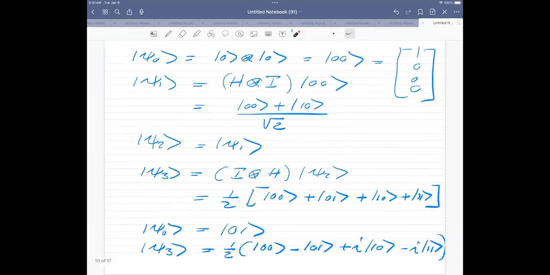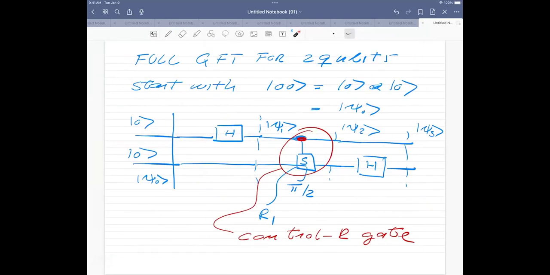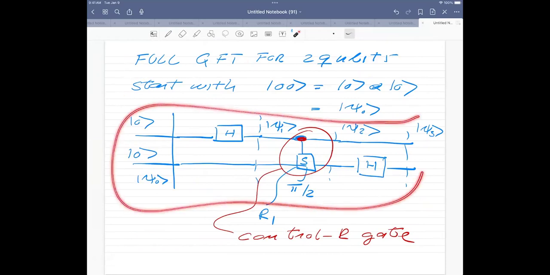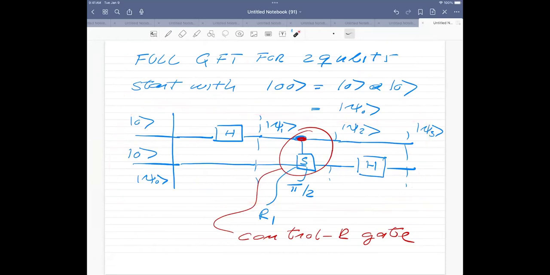So now the full circuit for the 2 qubit case is given by what you see here, and that's a very handy representation of all these mathematical operations. I went a little bit over time, which means that we